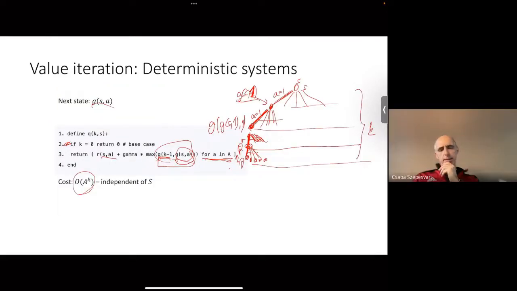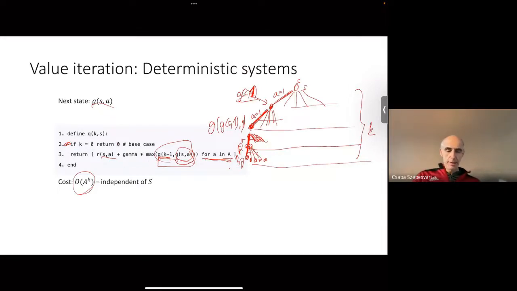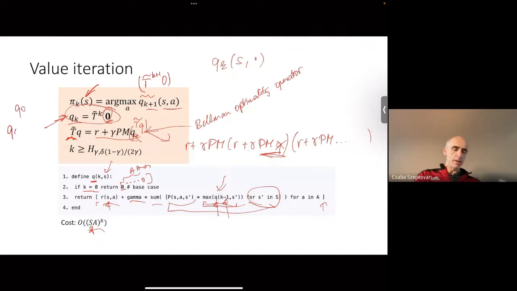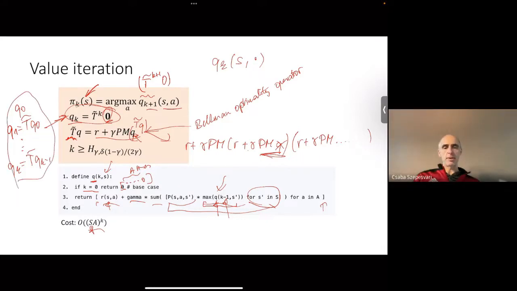Okay, so you're flipping things on top of it. This is not really showing the other approach, which is just calculate Q_k sequentially, starting with Q_0, and then Q_1 is just T tilde applied to Q_0 and so forth. Exactly. Then you get Q_k, which is T tilde applied to Q_{k-1}. Yeah. We don't have exponential cost, but the cost depends on the number of states. That's right, exactly. So that's like memoization using values, and that's what saved us from a trivial exponential cost.